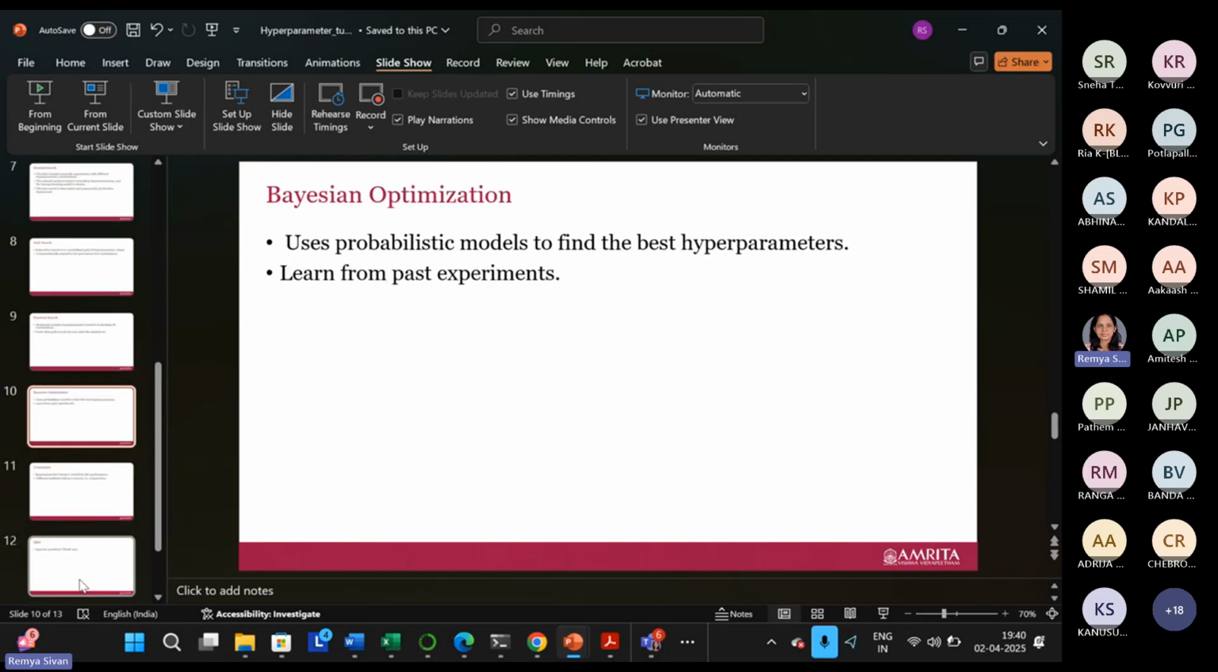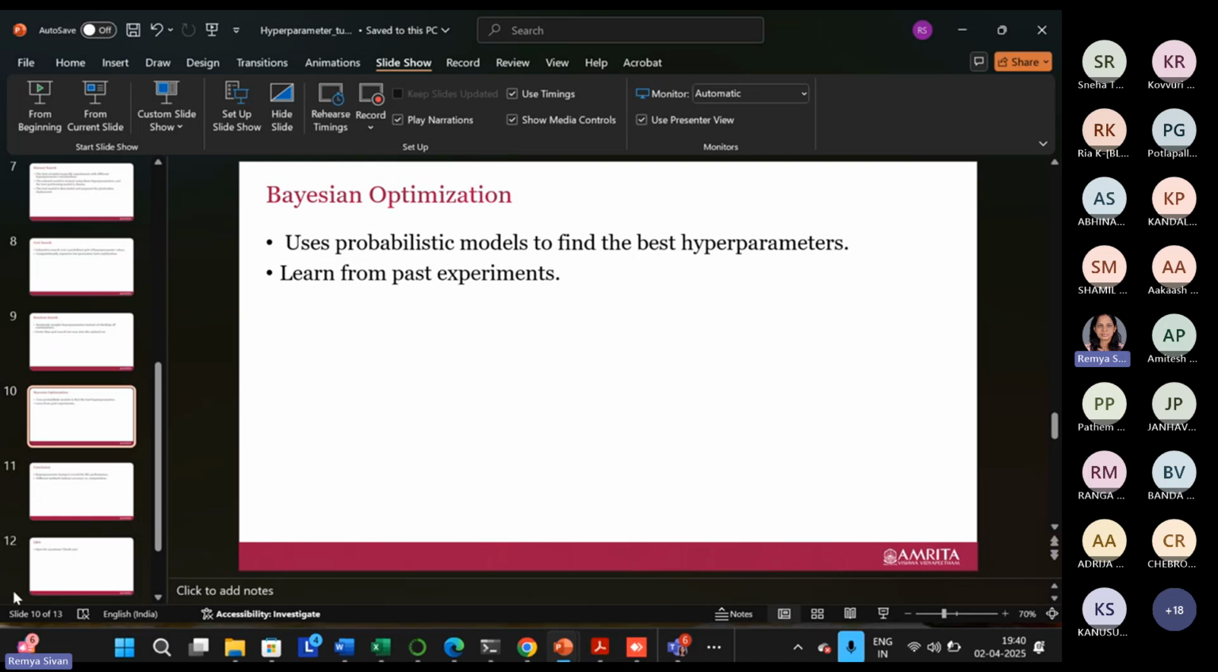And the last one is the Bayesian optimization. The main difference between Bayesian optimization and the previous one is that Bayesian optimization will pick the hyperparameters based on their past experiments or past evaluation results. And they'll be using some probabilistic model to find the best hyperparameter. For example,